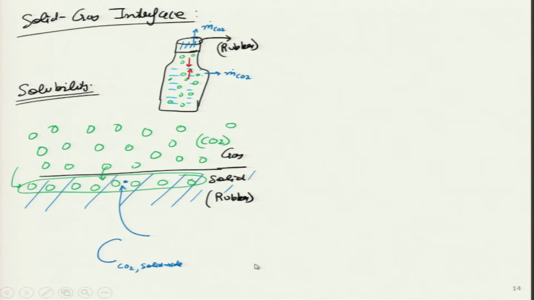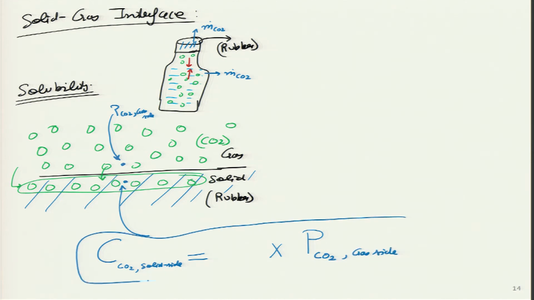So, scientists have tried to figure out what it is proportional to. So, there will be a proportionality constant over here, and what are the parameters that it will be proportional to? It will be proportional to the pressure of CO2 at this particular point, or rather close to the interface. So, I will make this dot over here. At this particular point, this is the pressure of CO2 on the gas side, and that is what we will write over here, the pressure of CO2 on the gas side.